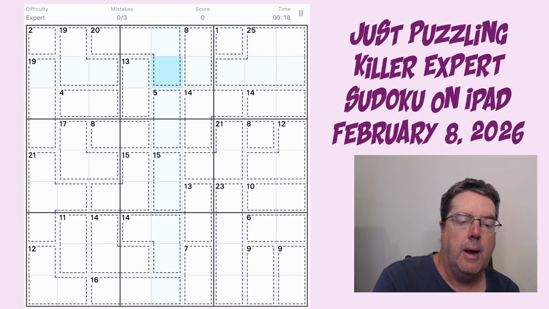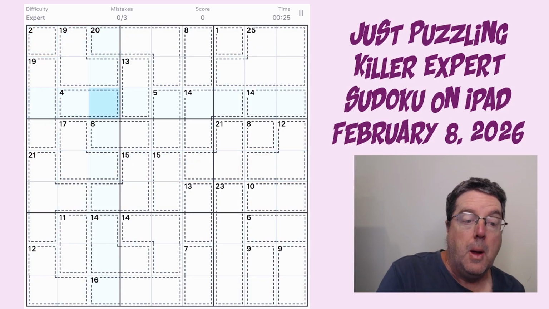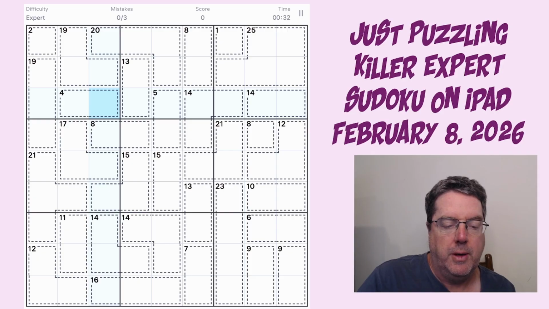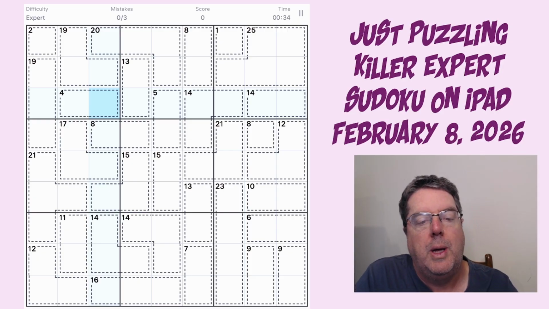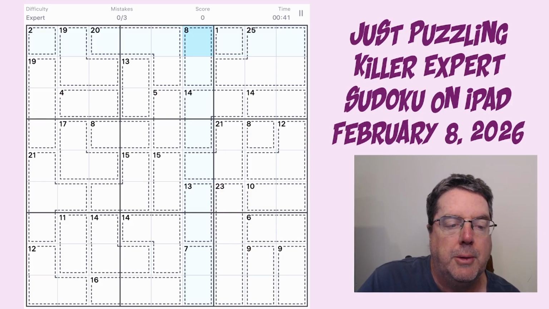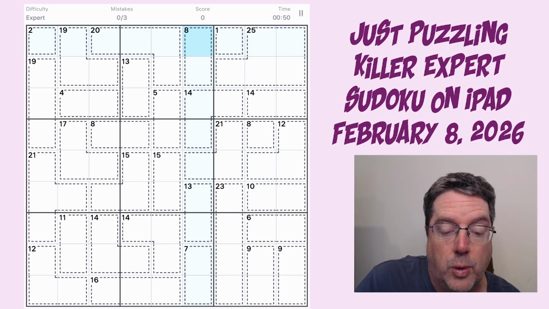Alright, there are 9 columns, 9 rows, and 9 boxes in a Killer Sudoku. In a Sudoku, we need to have unique numbers 1 through 9. It's really about finding the intersection point. In a Killer Sudoku, we have these cages, which is a dotted line, so it covers a number of cells with a number in the top left-hand corner. Those cells must have unique numbers that add up to the number in the top left-hand corner. That's pretty much it. Now, the other part of it is 1 through 9 added together is 45, and that